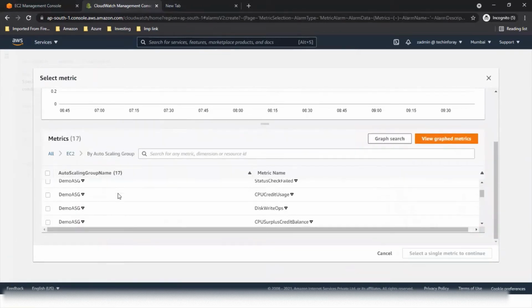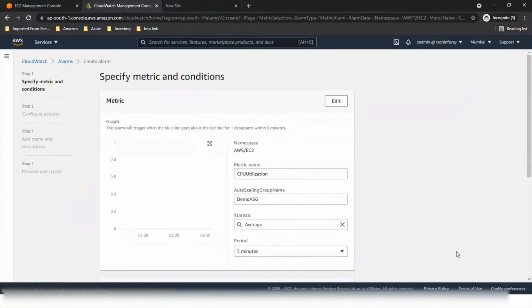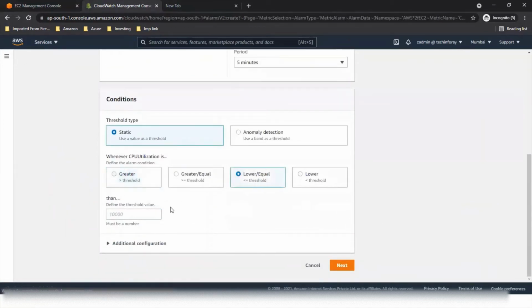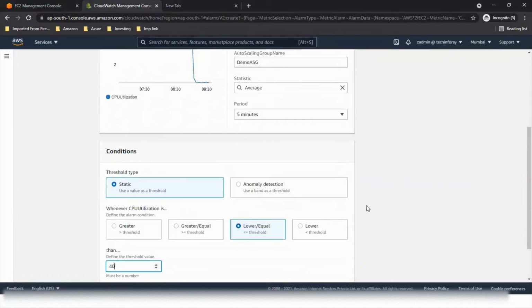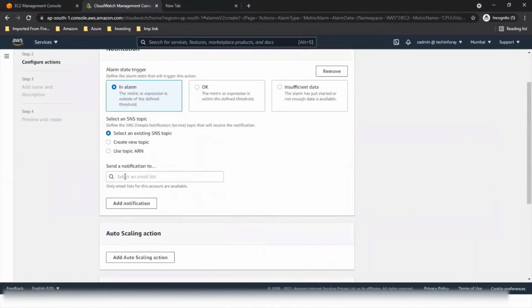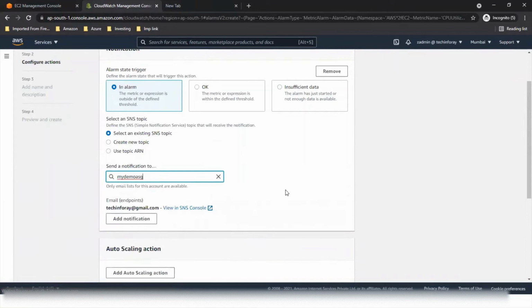Auto scaling group, CPU utilization, select metrics. So lower than or equal to 40. Next, create our notification demo ESG.